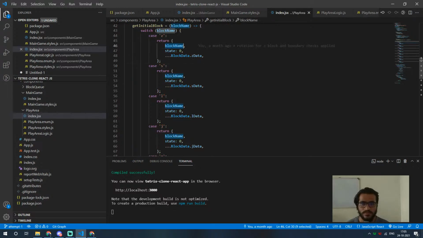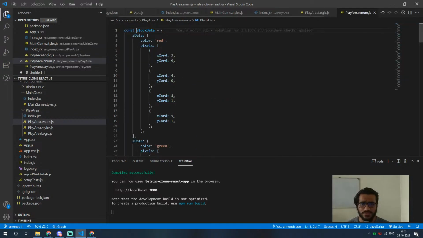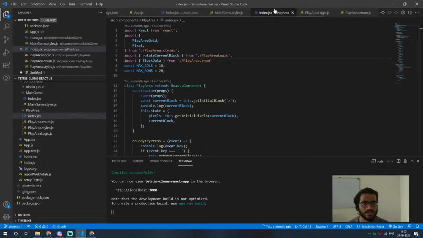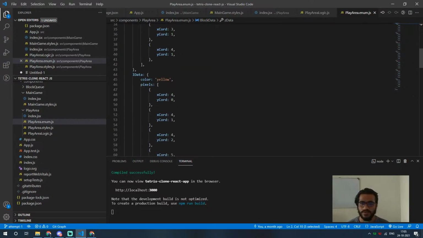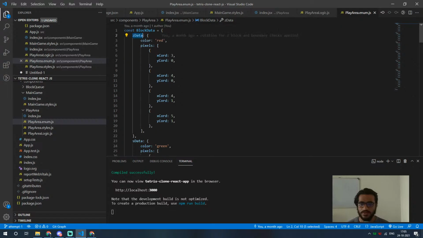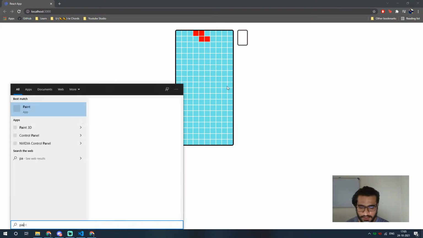So block name, z data, block data, right. So here in enum we made a block data enum which would store all the data related to that particular block. So we have these blocks, right? Z block, which is this block, and